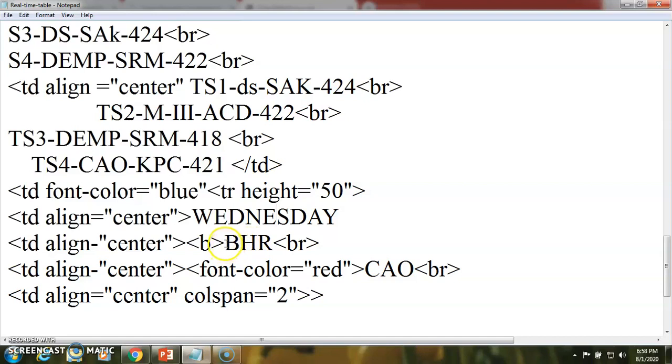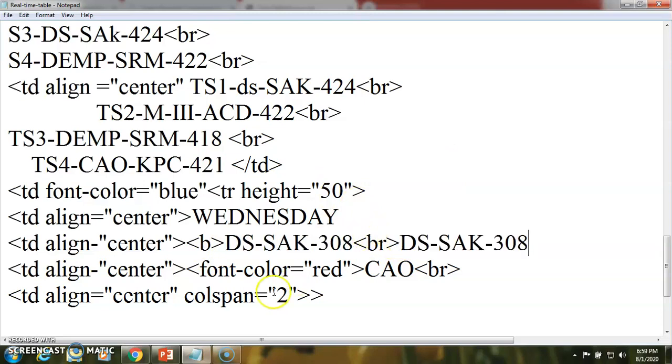So here we have the subject name, teacher name, then we have the hall for that subject. Here we may have another subject that we require.